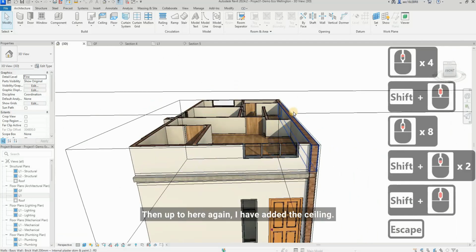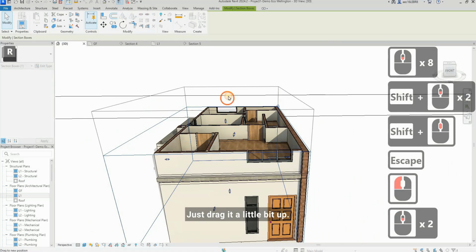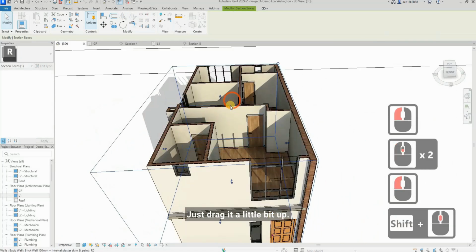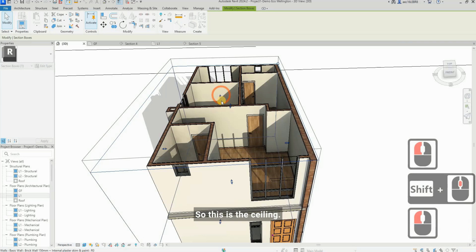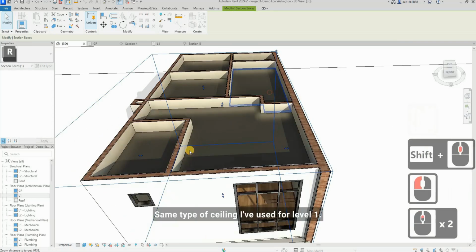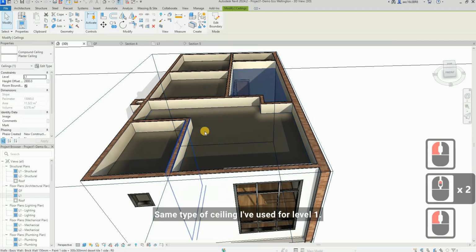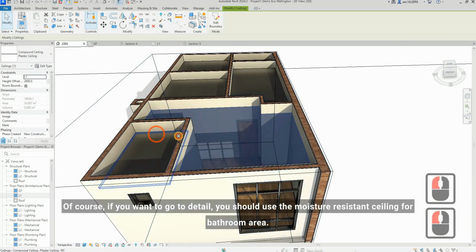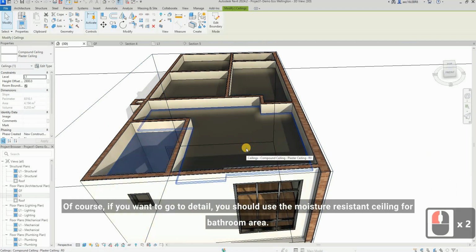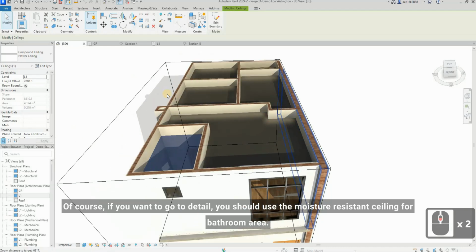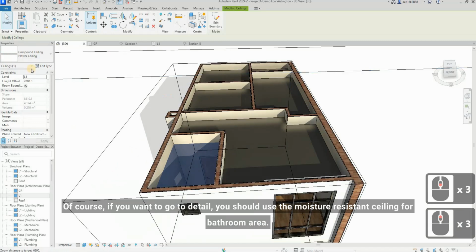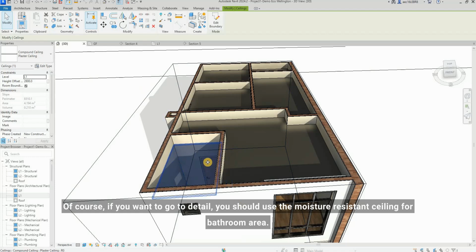Then up to here again, I have added the ceiling. Just drag it a little bit up here. So this is the ceiling. Same type of ceiling I've used for level 1. Of course, if you want to go to detail, you should use the moisture resistant ceiling for bathroom area. Yeah, so make sure you use the moisture resistant to avoid the growth of mold or fungus in the wet